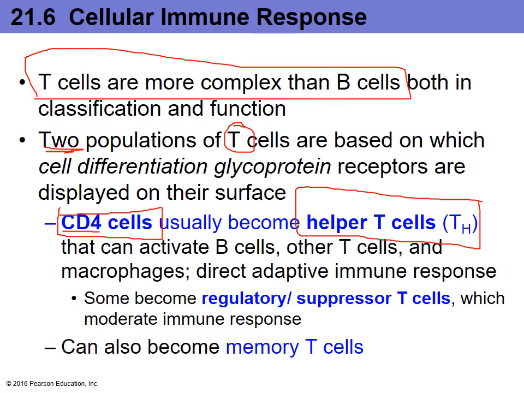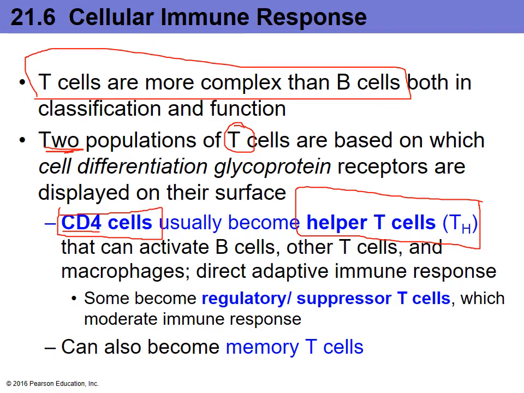Helper T cells get their name from the fact that they will assist or help activate other B cells as well as T cells and other innate cells such as our macrophages. They are almost like the assistant or the coordinator that will connect the innate and the specific immune system together, due to the fact that they can help and recruit additional cells over to the